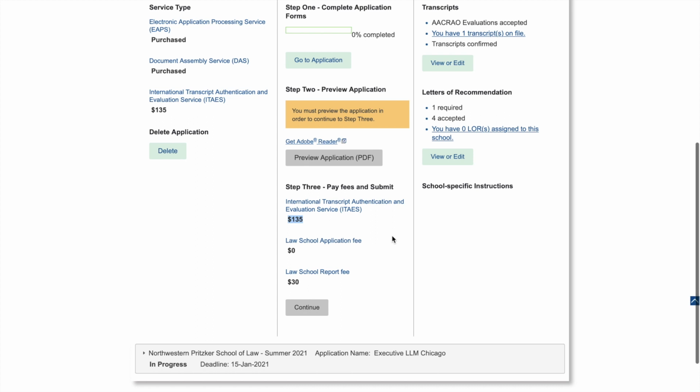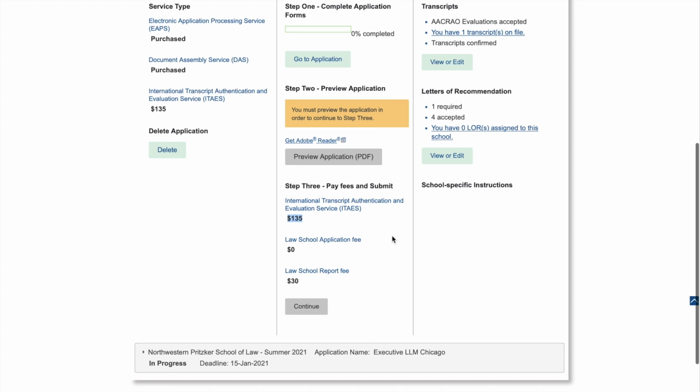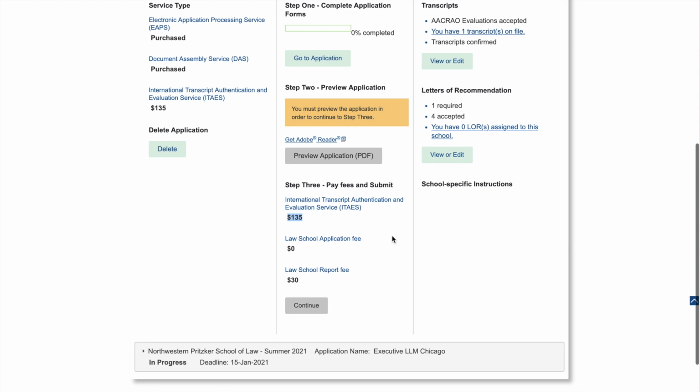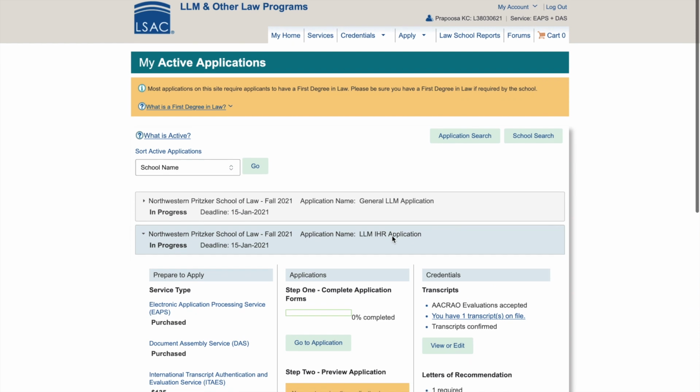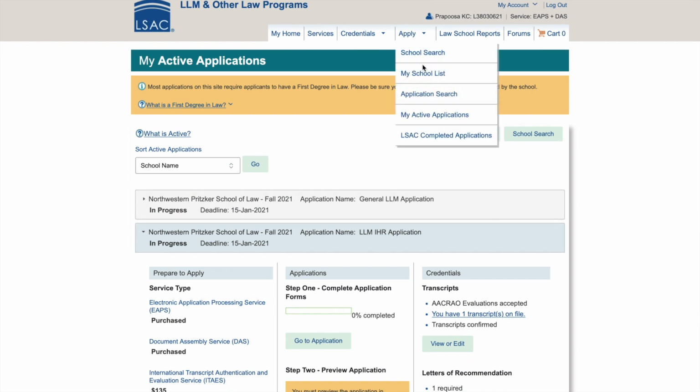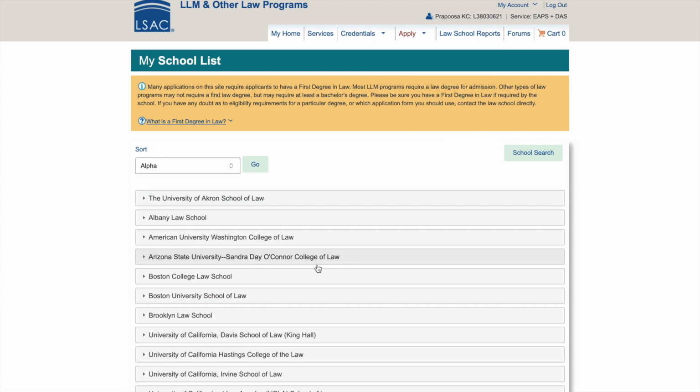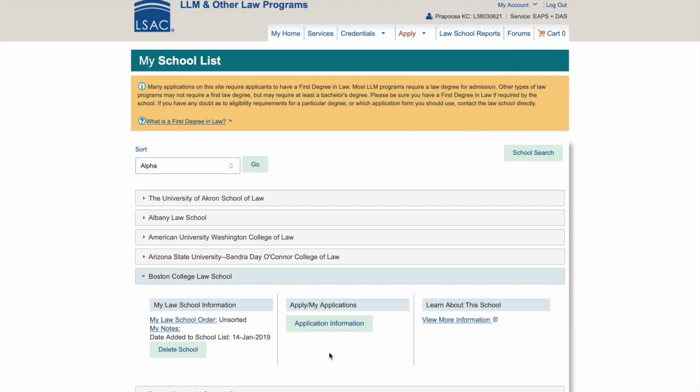So I had also asked for an application waiver from the university. You can do so by personally messaging and emailing them. I did so, and I did receive a waiver for the application fee. Some of the universities also write that they have waived your application fee in your school list itself. So they have it somewhere within the information about a particular school, and for example, they would have it somewhere here, or you can email this particular university